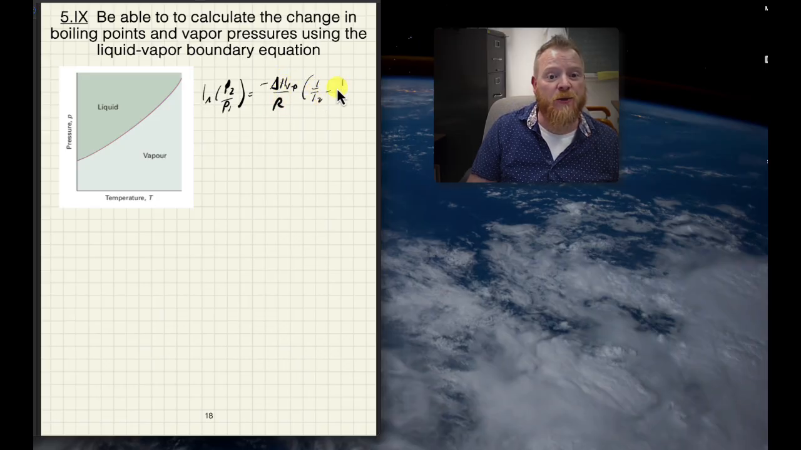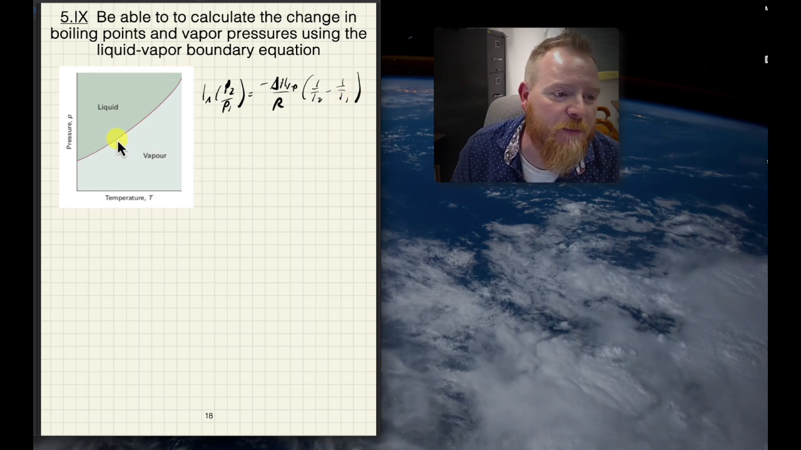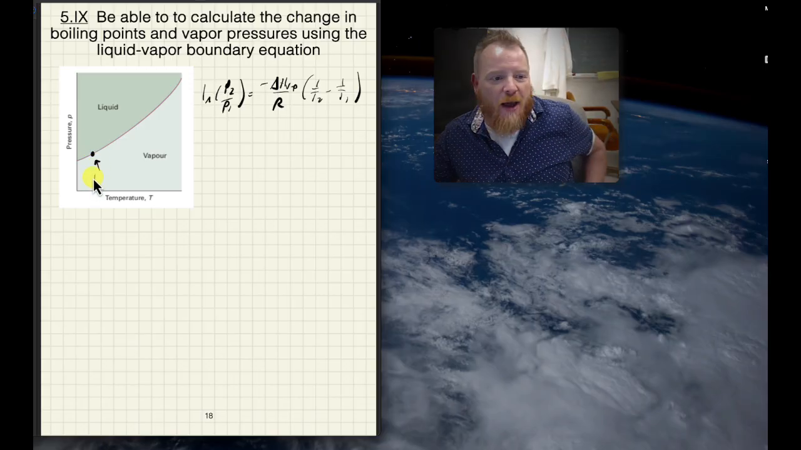1 over T2 minus 1 over T1. And so I'll remind you that this is the same thing that we did before, where if I look at some arbitrary point here, I could describe that as